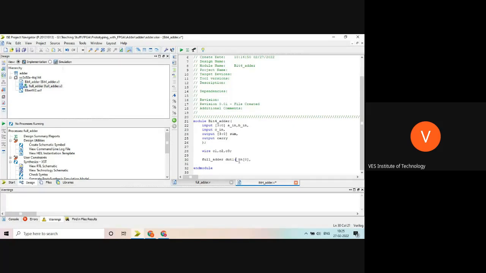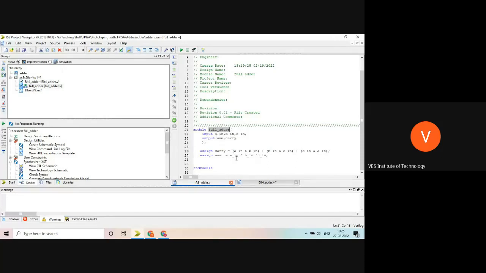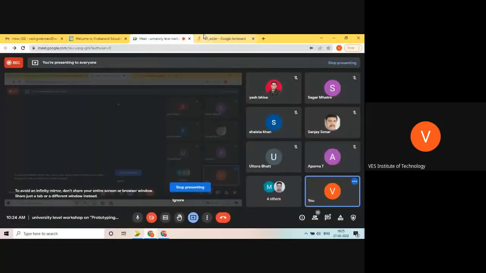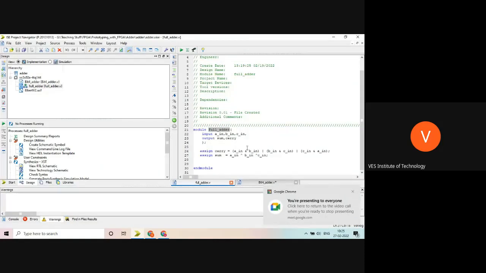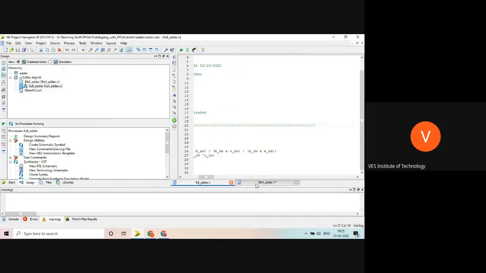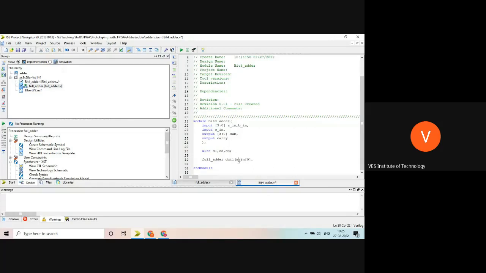Okay, so if I write here B in, then what happens is for the input A in the full adder, it will take B in instead of A in. So importance here is given to the position where you are writing the input. Okay, so this is called as a positional mapping. There is associative mapping also. You can specifically mention which port is mapped to which. So B in, then I'm writing C in, then see, this is how you can write.